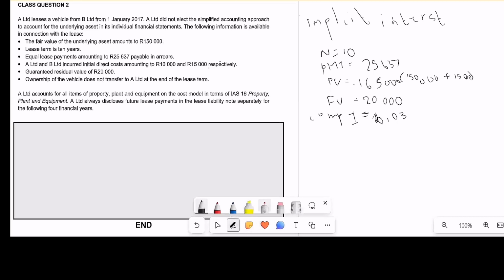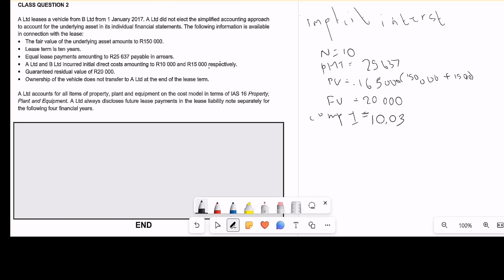Let me just make sure that this is clear. It's 10.03. So once we put this into the financial calculator, we should get this. Then remember this, guys, don't make this mistake. When you calculate the implicit interest rate, if the guaranteed residual value, or the information that you used when you calculated the implicit interest rate, is not different from when you calculate your lease liability,